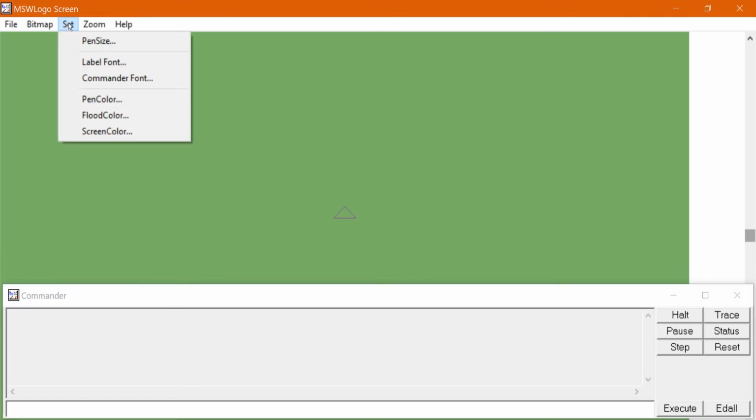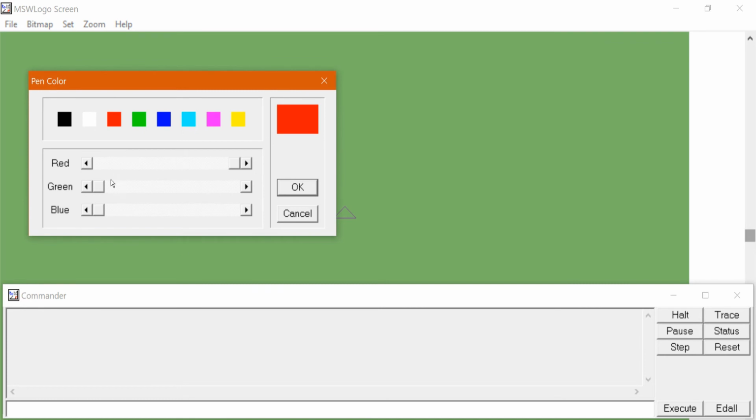Now I want to change the color of my pen. Set pen color is there with which you have to type the color code, but there are a few color codes given. If you want to have some new color, you can again click on set pen color. Again, same dialog box is there. You can drag the mouse pointer to have as many colors as you want. You can create your own colors. Suppose I had made this color. Now I want to draw a pattern.